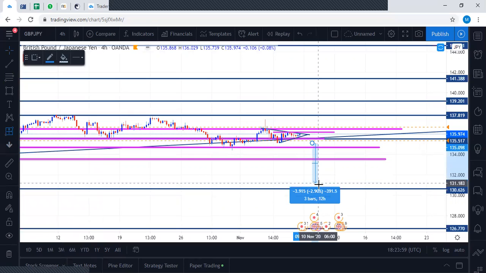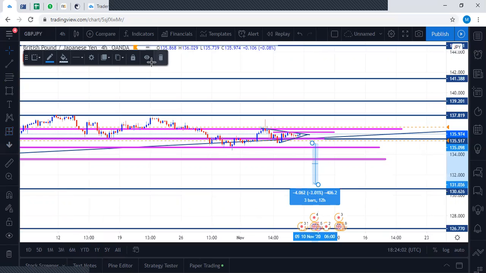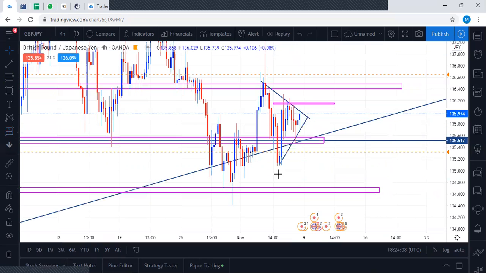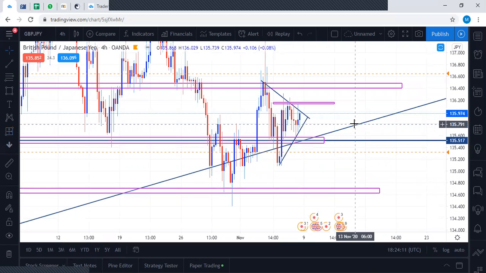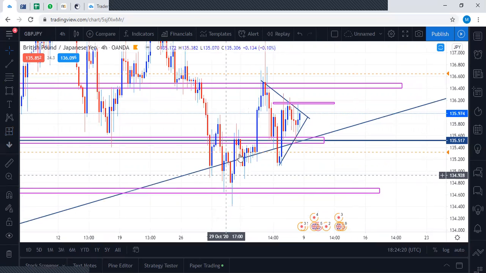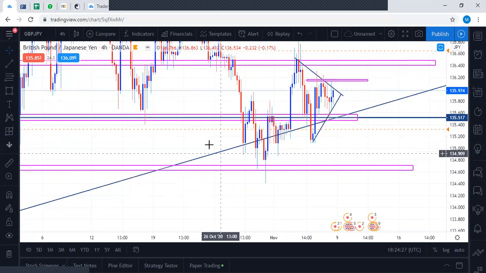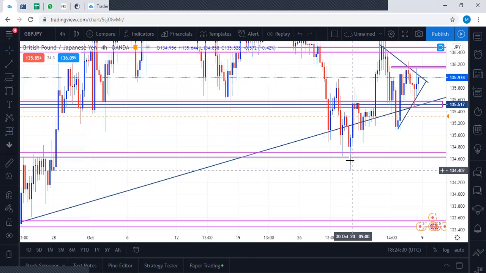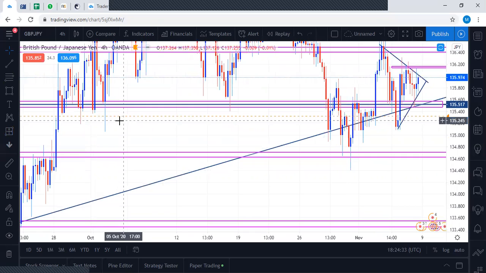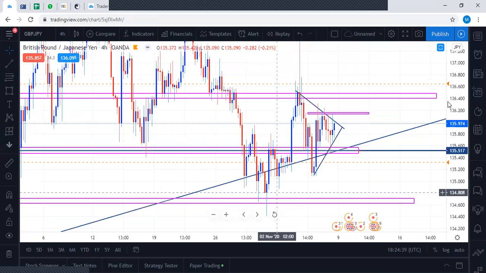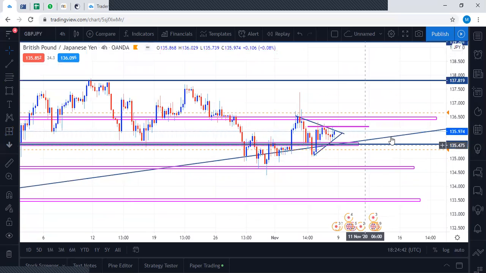If price decides to go below that area, it will be breaking not only the major support and resistance level, but also the ascending channel. As you can see here, this is not a proper breakout. This is just a fake out. Price didn't survive much, and here price did not survive much. If you go to the daily and the weekly, you see all these are just rejection wicks on the higher time frame. If price decides to respect this channel and break above,